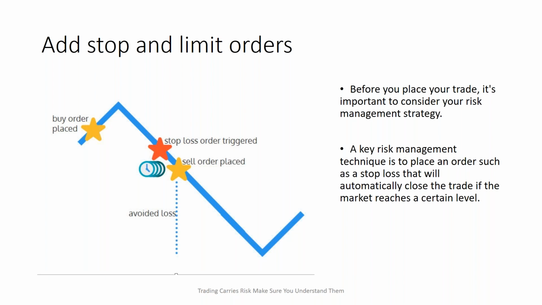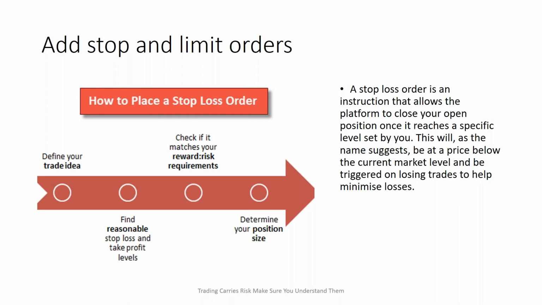Then the stop loss is what you put on the other side. A stop loss is where you protect your losses. You tell the computer, if this asset that I'm going to trade falls below this price, automatically close me out at this price level because I can't afford or don't want to risk any more money than this.